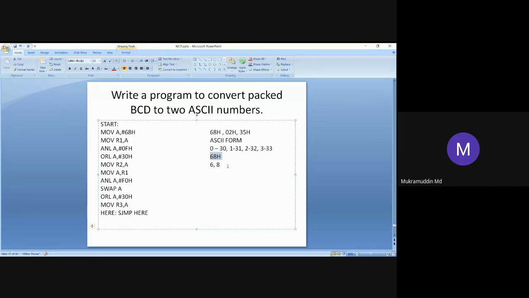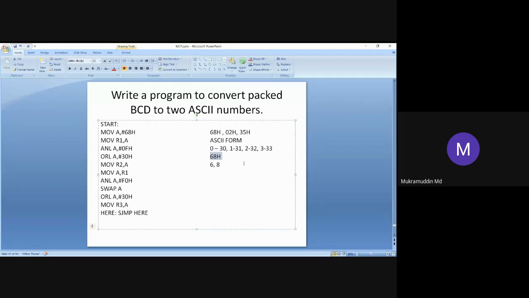So you may have the doubt: how can we convert one number into two ASCII numbers? The answer is we need to unpack the BCD number. Whatever number is there initially, we need to split it into two digits. 68 is split into 6 and 8. If we take 35, it will be split into 3 and 5, like that.